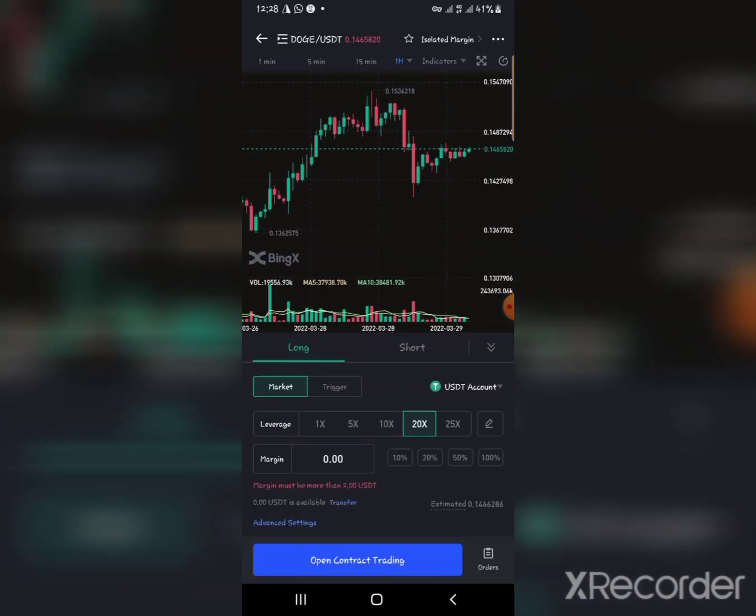And advanced setting is where I set my stop loss and take profit. Because I don't have USDT in this account, I will not be able to go to advanced setting. So advanced setting is where I set my stop loss and my take profit, and it is going to show me, okay, if it gets to stop loss, this is the total percentage I'm going to lose, and if it gets to take profit, this is the total percentage I'm going to gain,